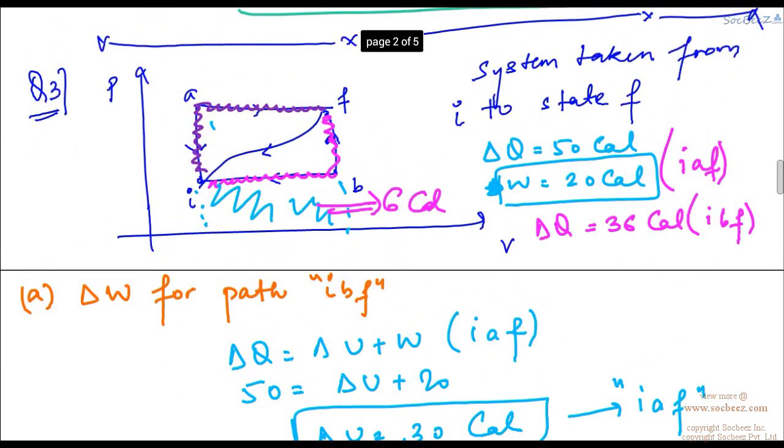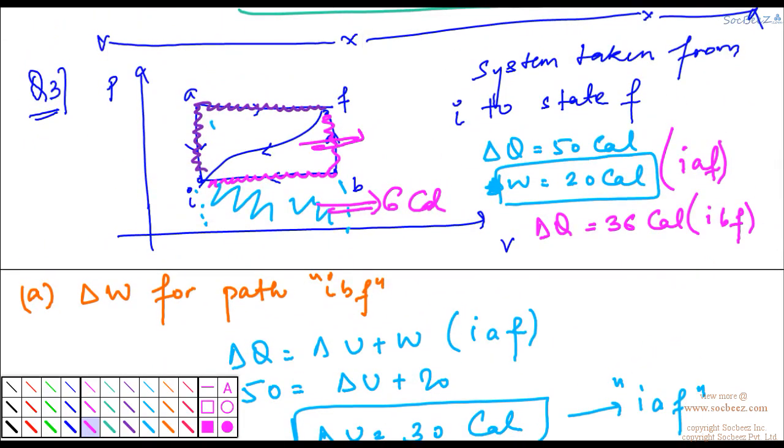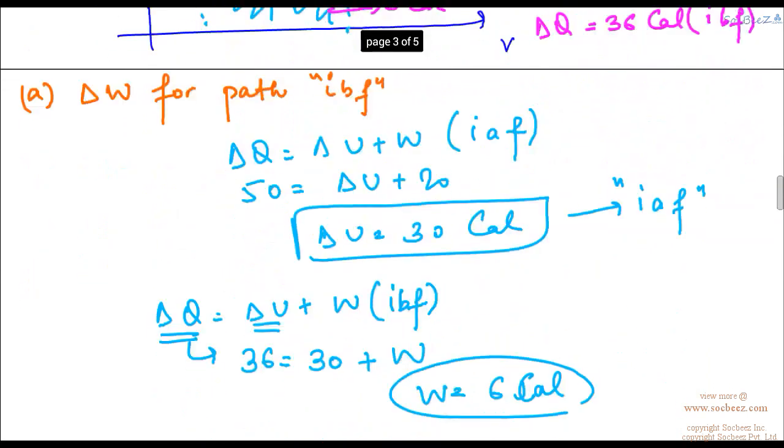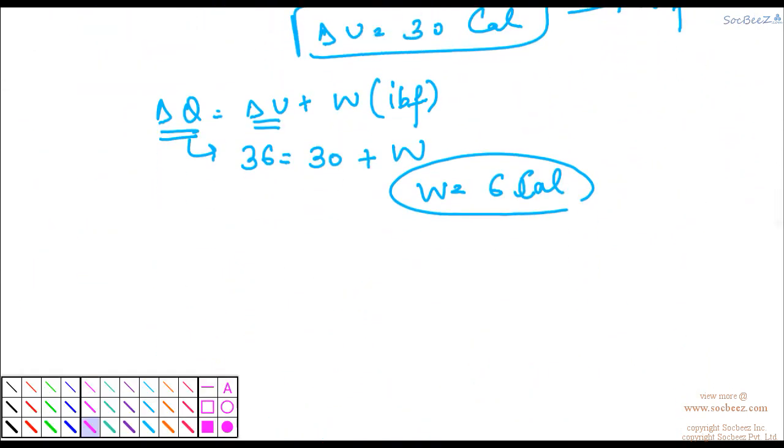And the total work by IAF was the sum of this bottom area and the area of this rectangle. So we found the area of the rectangle as 14 calories. So, okay. Now the second question asks us, if delta W was minus 13 calories